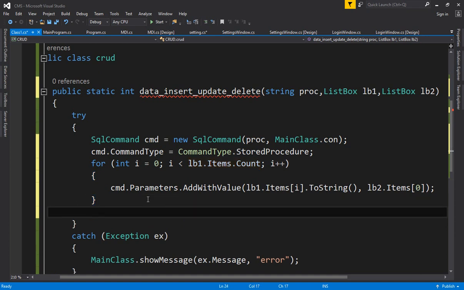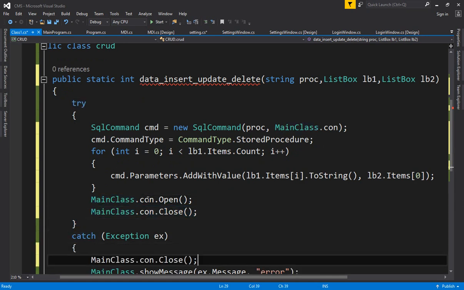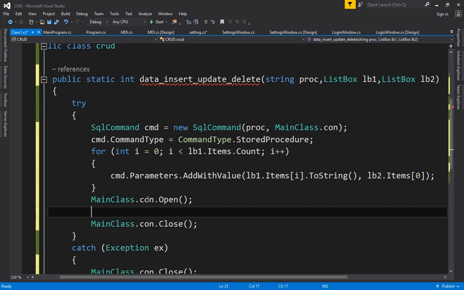Now you have to open the connection. So MainClass.connection.open. Okay, so I have opened the connection, and likewise I have to close the connection also. So you can use the close, copy this close and put it inside the exception also. In case of any error, the connection should be closed. Now you can write cmd.ExecuteNonQuery,